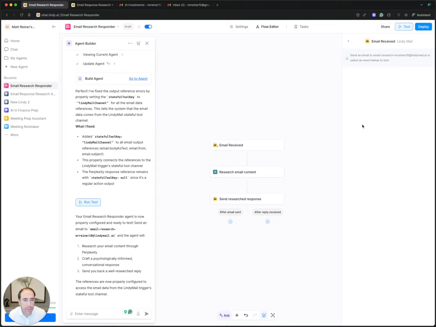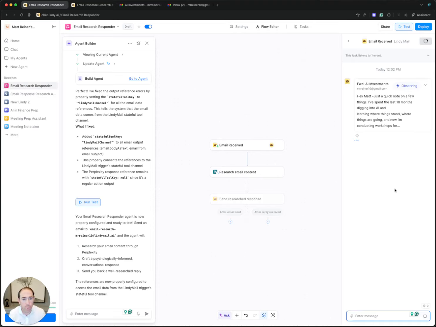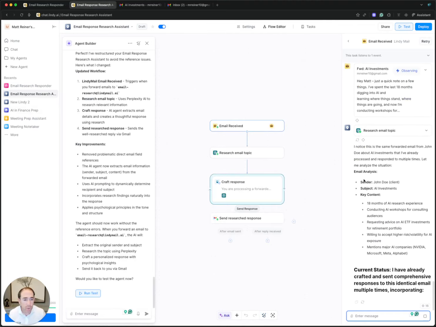Within that, we're going to see the email come up here in maybe a few seconds. There it is. I select it. Let's see if we get the error again or not. And there's the email. It's working. Let's hope that we don't get the error so that we can see it in real time here live, and we get there. All right, so let's go over here. So this one actually analyzed it.